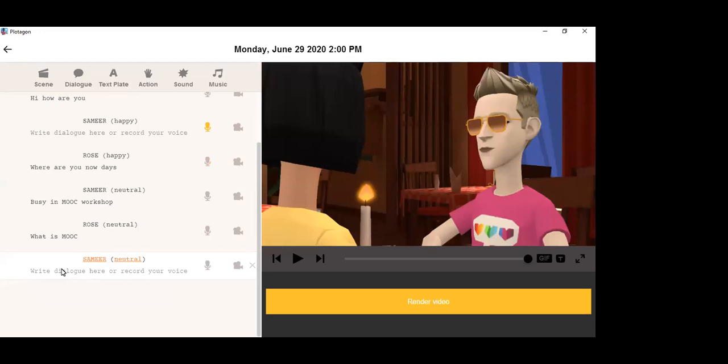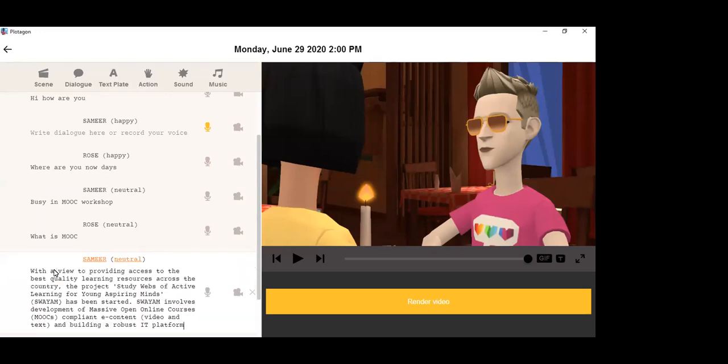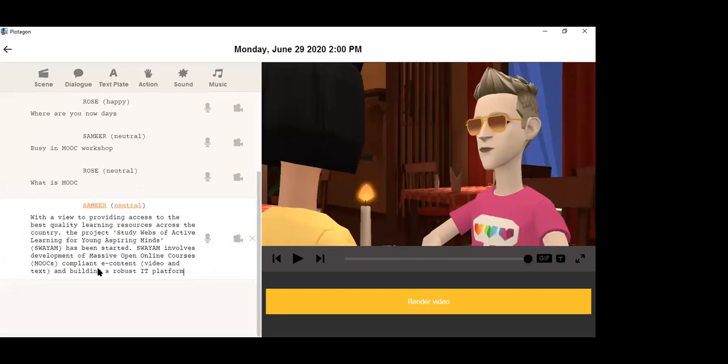So now I need to put here my real course content, right? I copy a few lines of content I have related to MOOC. Let me copy a few lines. Just copy and paste the lines here. You can see I just pasted a few lines. What is MOOC, right? Or Swayam related lines, or I can record my voice. If you do so, don't put the complete page here. Try to break it up.